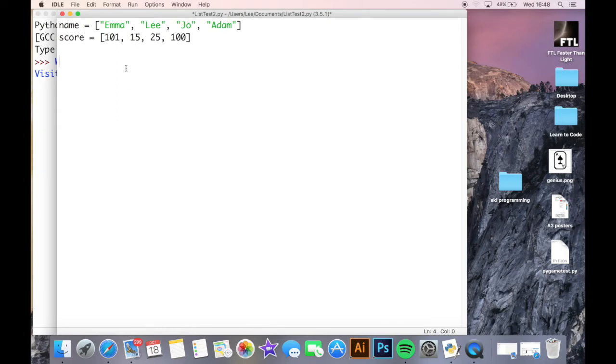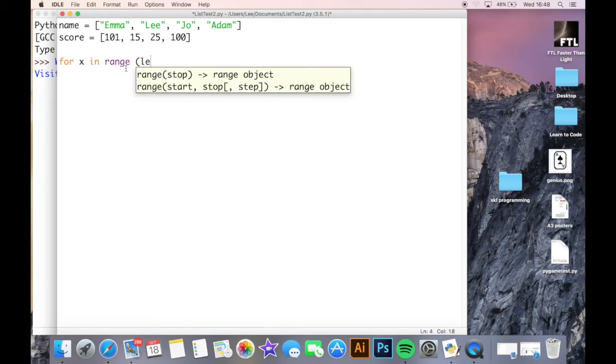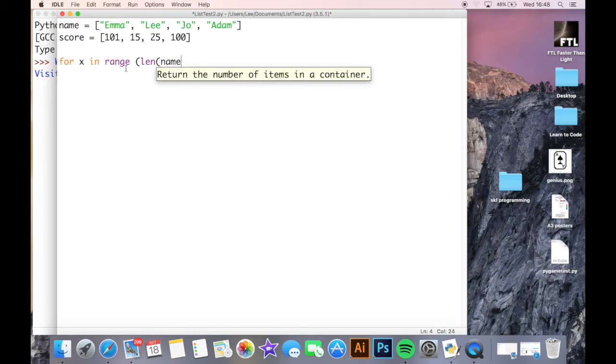And what I'm going to do is use a for loop now to print out the name followed by their score. So we looked at this in a previous episode. I'm going to go through it again just quickly for you. So for x in range, len name. So what this is doing here, just in case you couldn't remember this last bit,